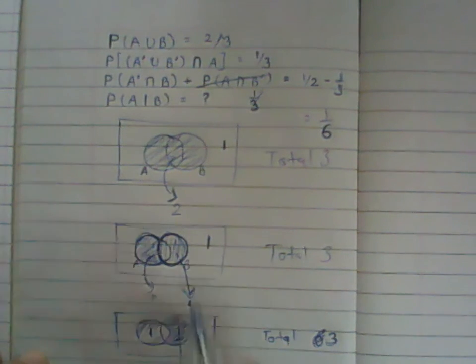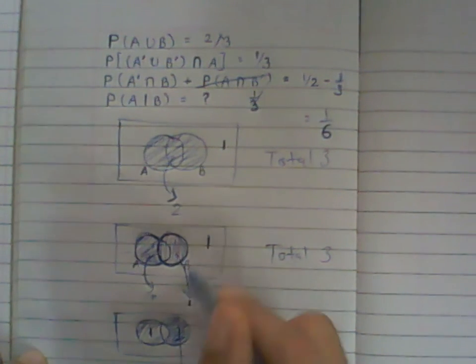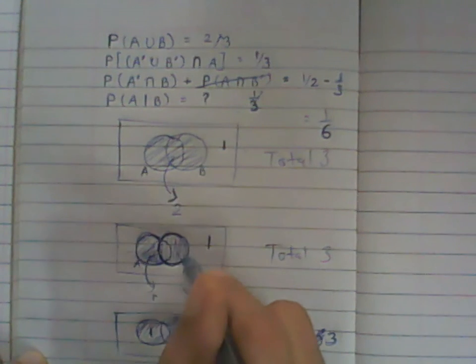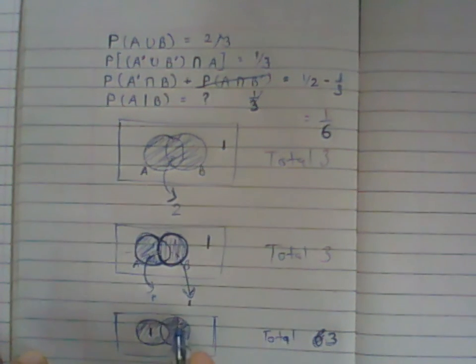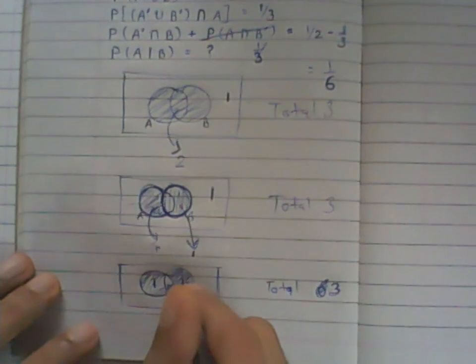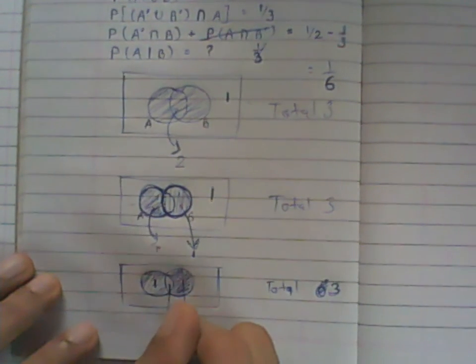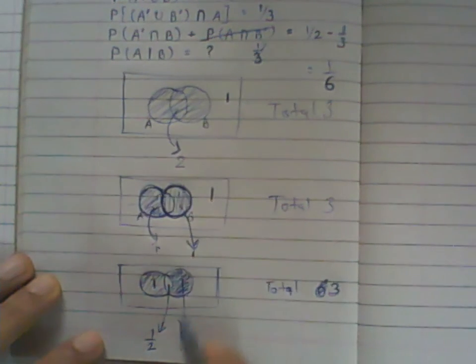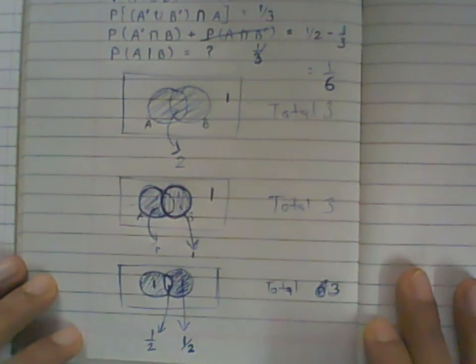But we know from the previous illustration that if I have a total of 3, one of them will lie in this whole region, and according to this information, half of it lies in this region. So I can say that there's a tiny bit of article that remains in this intersection, that is half. This is the other half. Remember, one whole item remains in here and half of it remains in here, so therefore the other half should be in this region. And we are almost done with this problem.